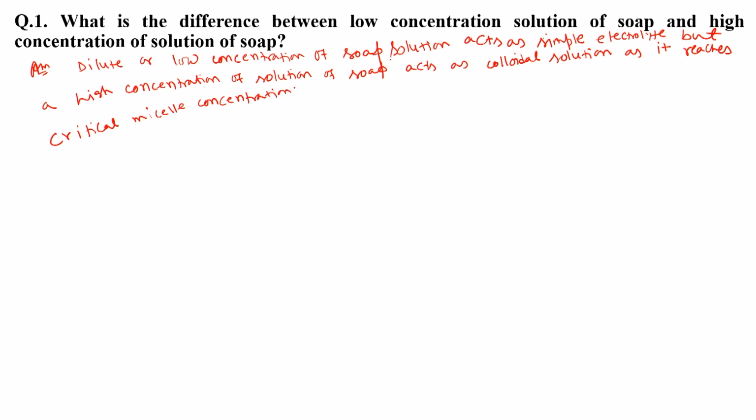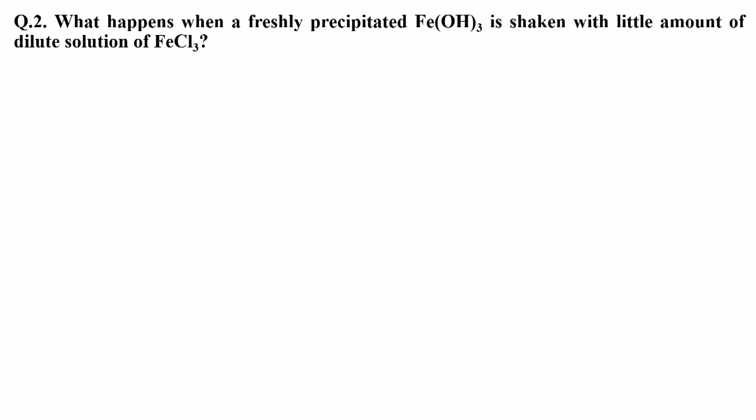So it says that a high concentration of soap solution reaches the critical micelle concentration, or CMC, so it acts as a colloidal solution, whereas a low, dilute concentration of soap solution acts as a simple electrolyte. Okay. Next problem is: what happens when a freshly precipitated Fe(OH)3 is shaken with a small amount of